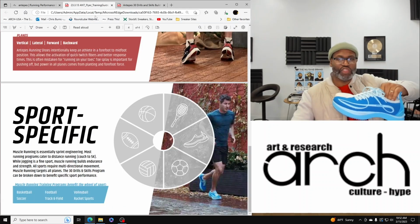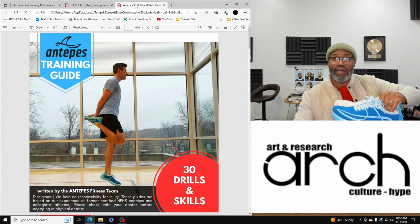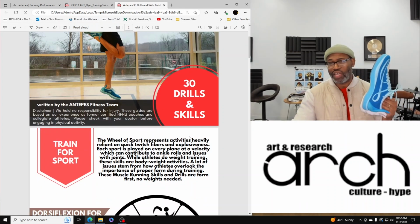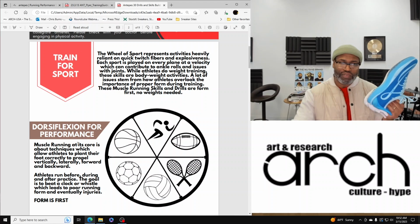So you get this training guide, but then you see it's broken down into basketball, soccer, football, track and field. They have a manual, and it gives you 30 skills and drills. Now, you can find these skills and drills almost anywhere, but they do it and they explain dorsiflexion,